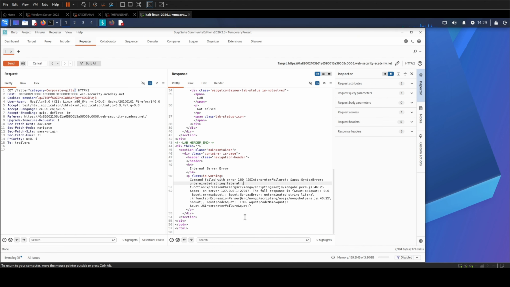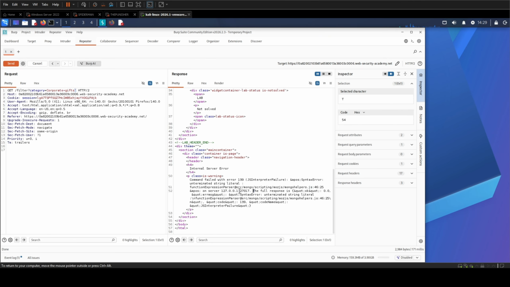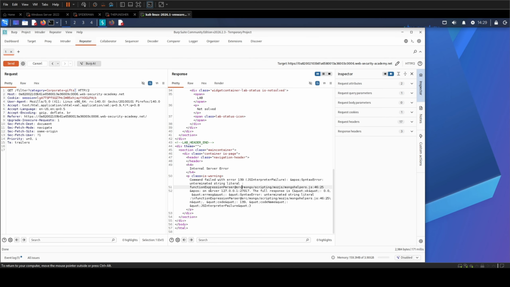And quick note on what MongoDB even is, since the lab leans on it. It's a NoSQL database, which just means it doesn't keep things in neat rows and tables like classic SQL. It stores them more like little JSON documents. For us, all that matters is it's Mongo, it's running JavaScript, and our input is getting through. But breaking it only proves we can jam the gears. The next thing I want to know is whether the app actually evaluates what I send. And you test that kind of backwards. Instead of breaking it, you hand it something perfectly valid and check that it runs clean.